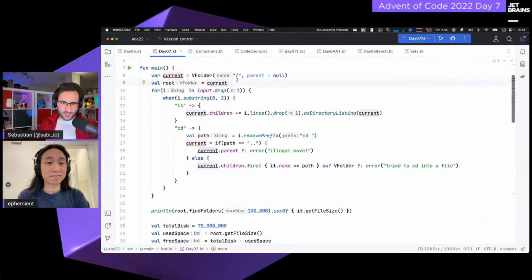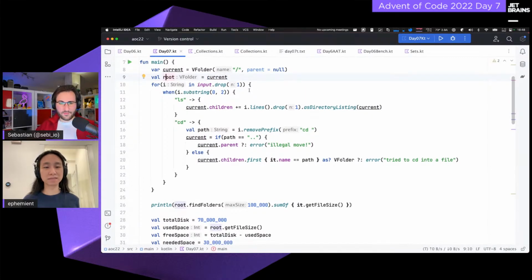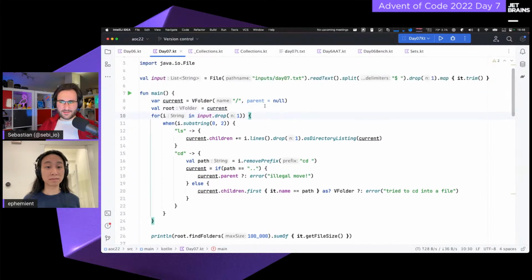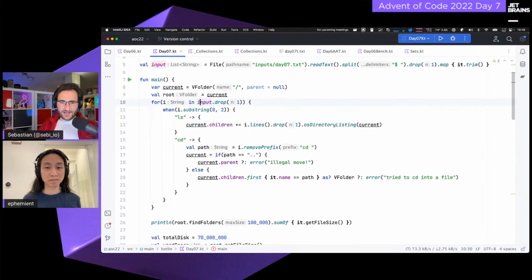I'm keeping track of the current folder using a variable. I'm also making sure I don't lose track of the actual root, because I'm going to use that one later to traverse this whole place. Then I go through each input, ignoring the first cd into slash, and looking at the first 2 characters, which are the commands I need to look into.